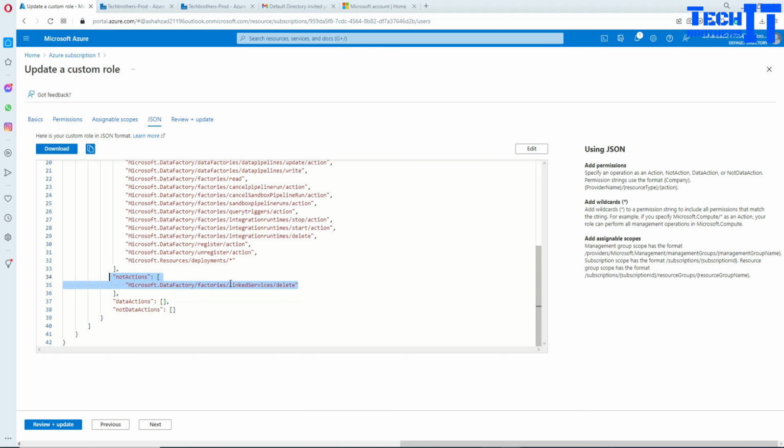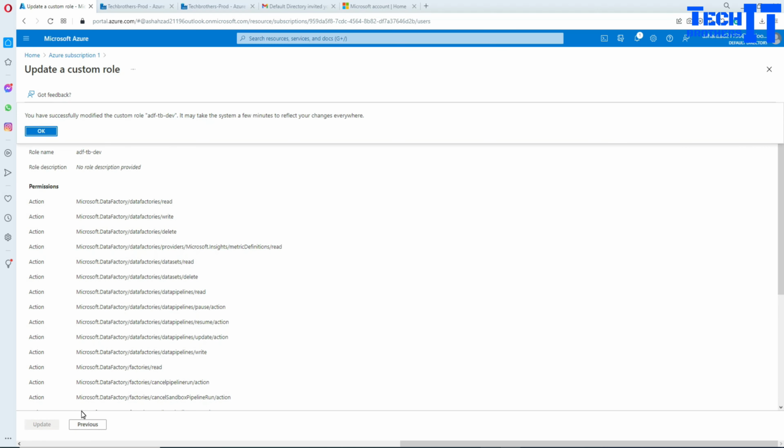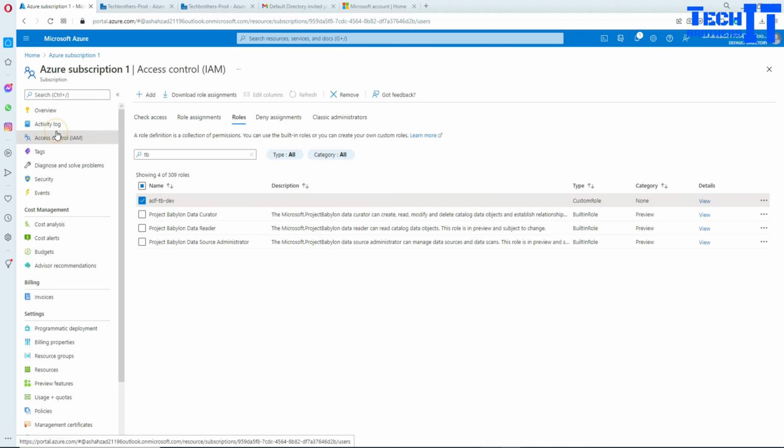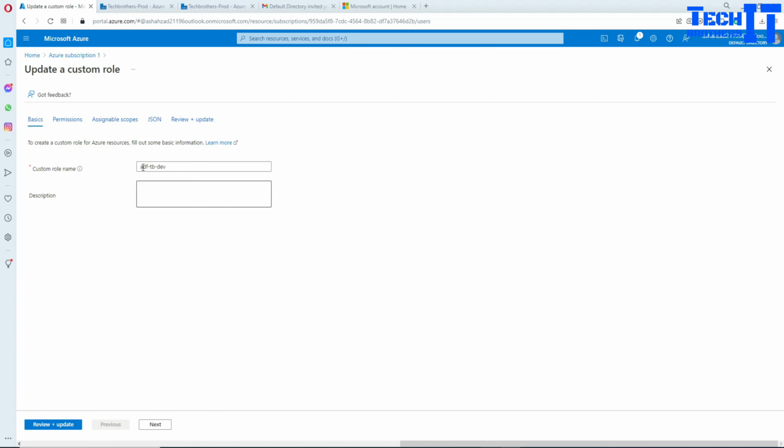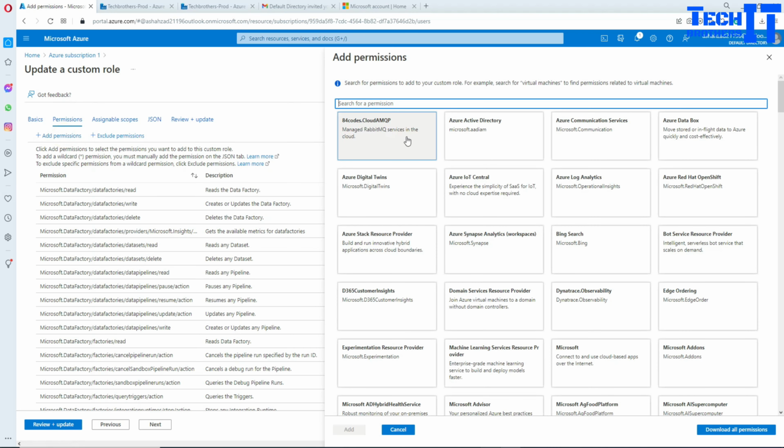So I think you can go this route as well. You provide all the permissions to the data factory, and then exclude a few of them that you don't want to give to the user. Because one item I was going to tell you, this is our role, right? So if we go back to the role here and edit, I know these are the permissions I have, right? So if I have these permissions, and if I want to add permission, now if I go